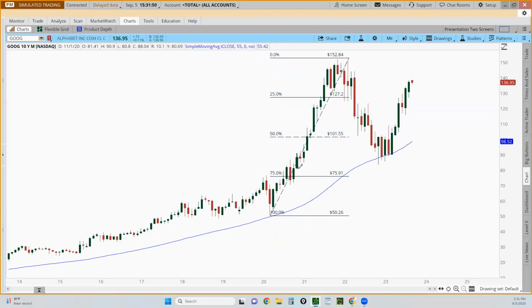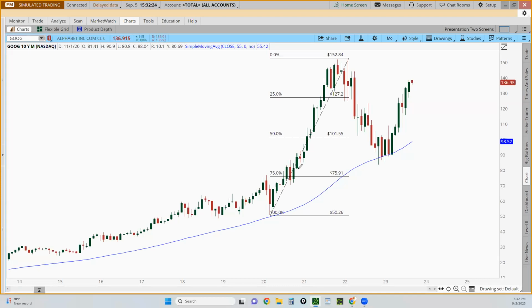Notice the one unique pattern that reappears every single time is that we're in good neighborhoods. These are stocks that spend the majority of the time in good neighborhoods. I do not mess with stocks that are in a bad neighborhood. It's just like real estate. Why would you want to invest in a property that is in a bad neighborhood? You have a better chance of doing better in real estate if your investments are in good neighborhoods as opposed to bad neighborhoods. And the same thing I do in the stock market.